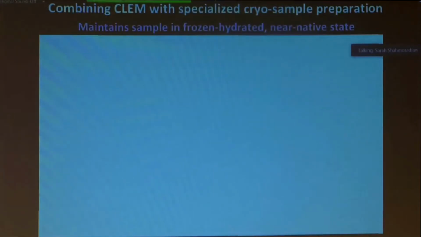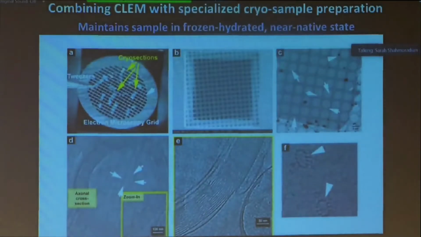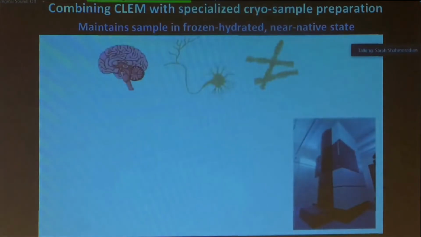So here I'll briefly show you a snippet of work that we've been doing with cryosections of tissue. These are of human brain tissue on EM grids. And this is exciting because we're visualizing mass density of completely naked ultrastructure that we can then directly apply computational approaches to resolve molecular details. So ultimately, we want to be able to resolve not just fibrils, but macromolecular assemblies in these cryo brain sections